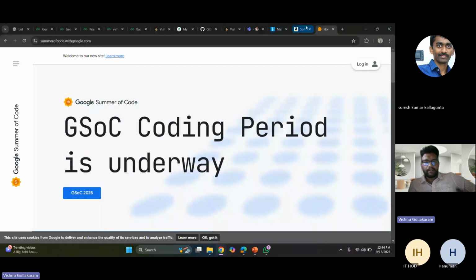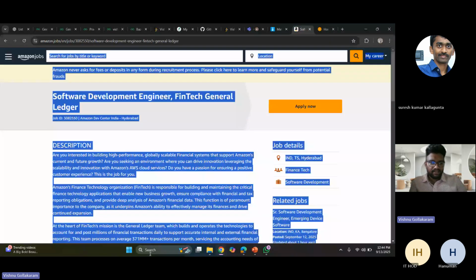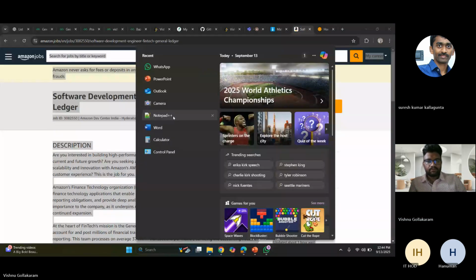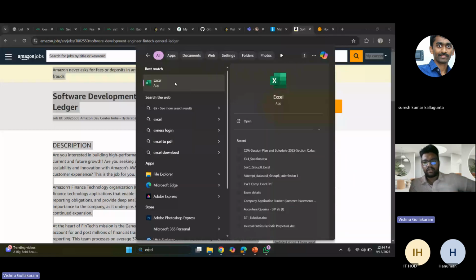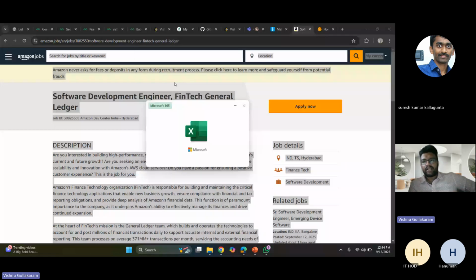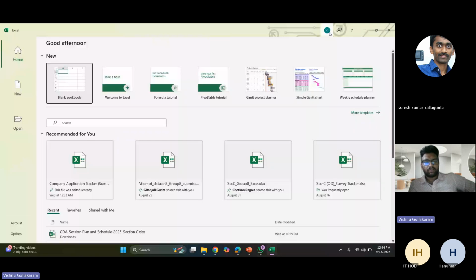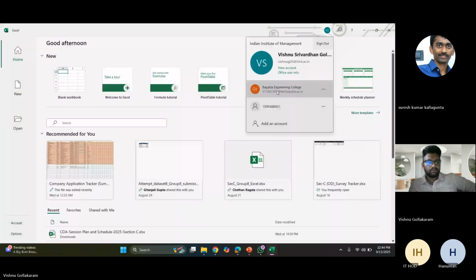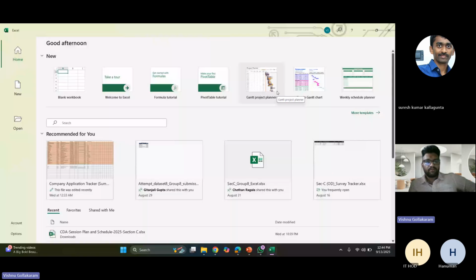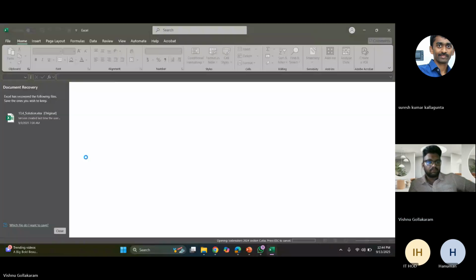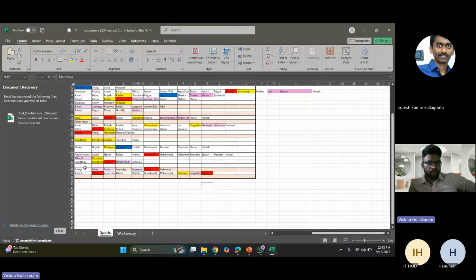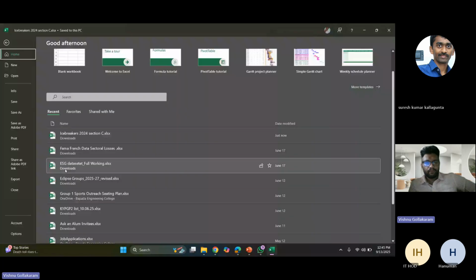Now coming to how to search for a job, one thing I feel is that every other student relies on career fairs, or they rely on college to search for jobs. But I think they need to be a bit more resourceful in terms of applying for companies. Maybe let me show how I used to apply for companies,